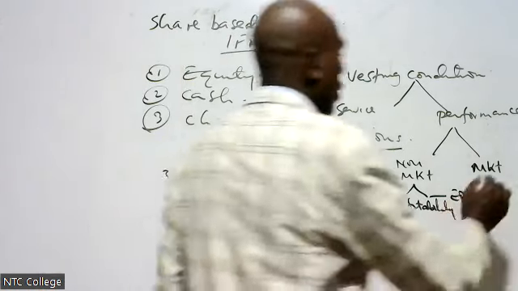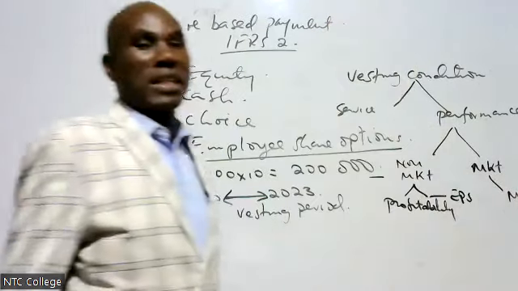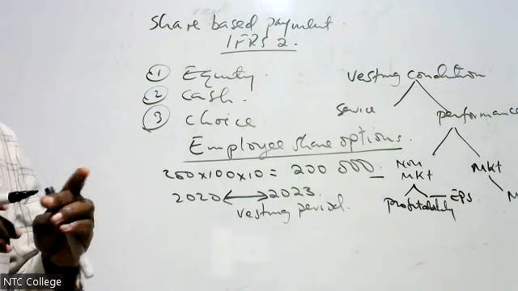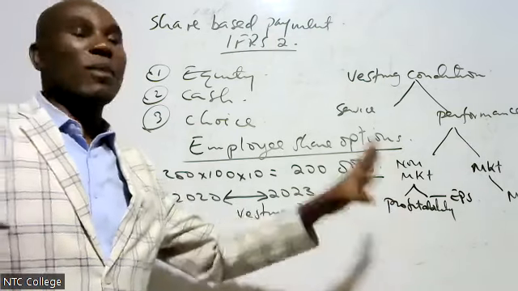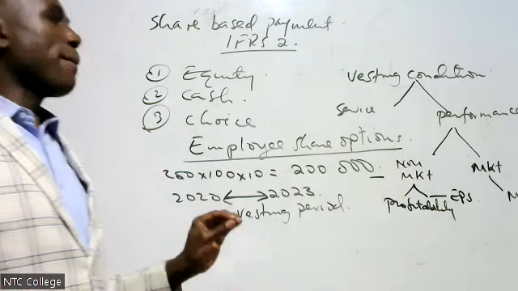But market condition deals with the market price per share, MPS. It deals with the market price per share of the company. When I say profitability and market price, what do I mean? I mean this way. For example,